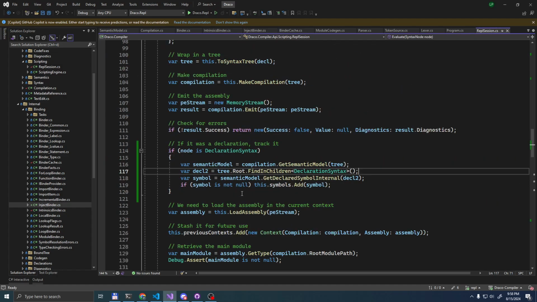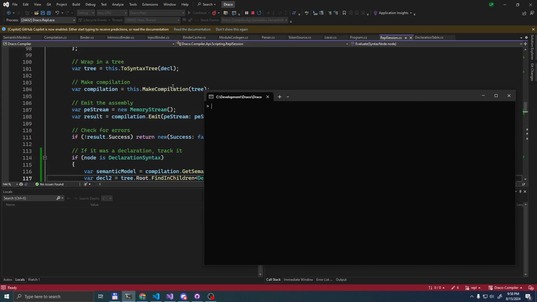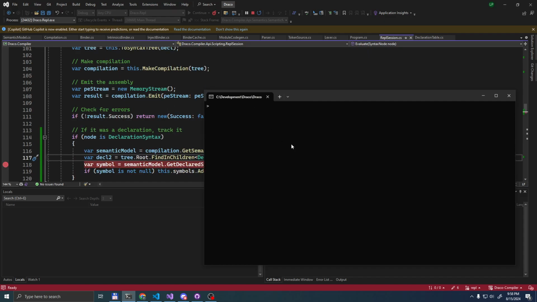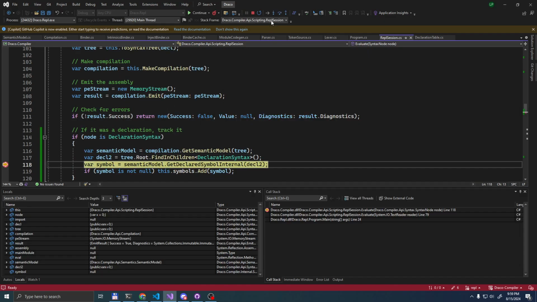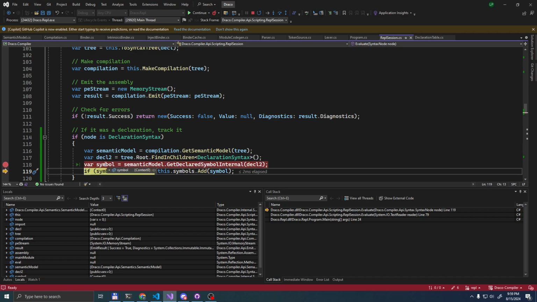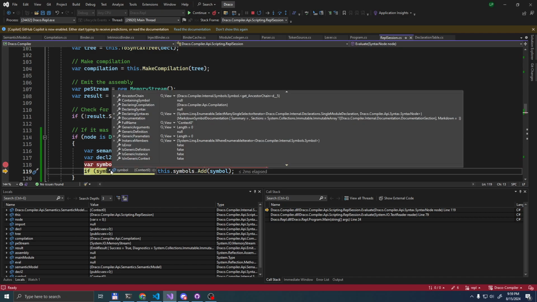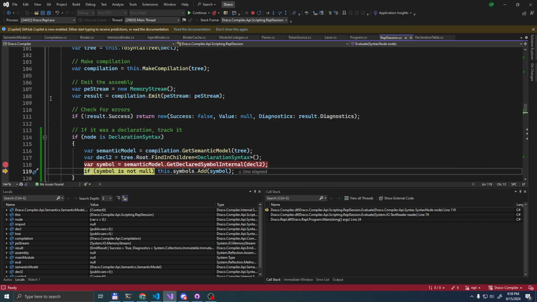I do wonder. Or maybe we couldn't resolve a symbol here. That's also possible. We did actually resolve the symbol. That's good. Oh, but we resolved the compilation unit.